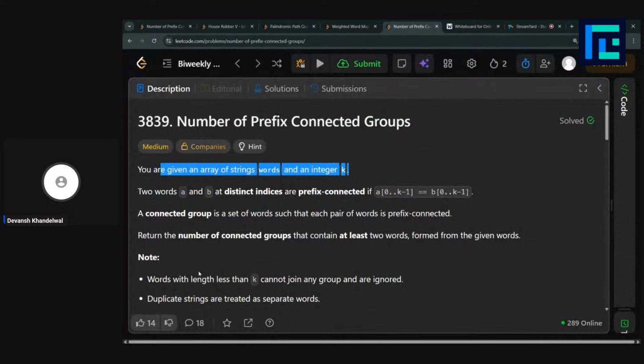Two words A and B at distinct indices are prefix connected if A[0 to k-1] is equal to B[0 to k-1]. Okay, great.